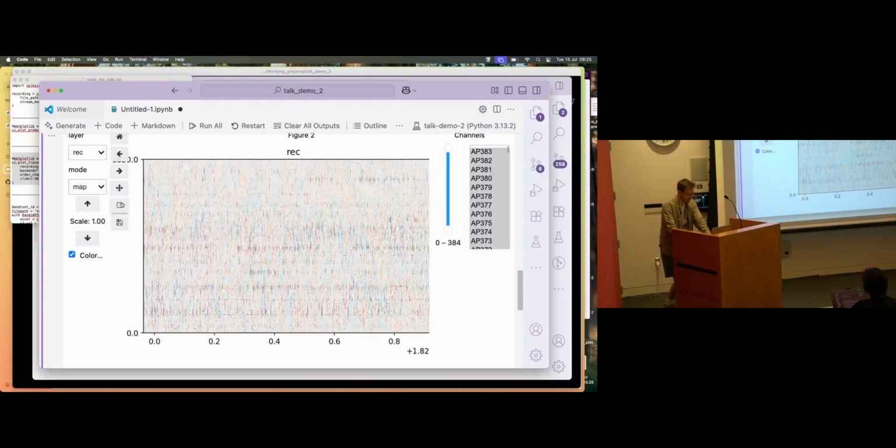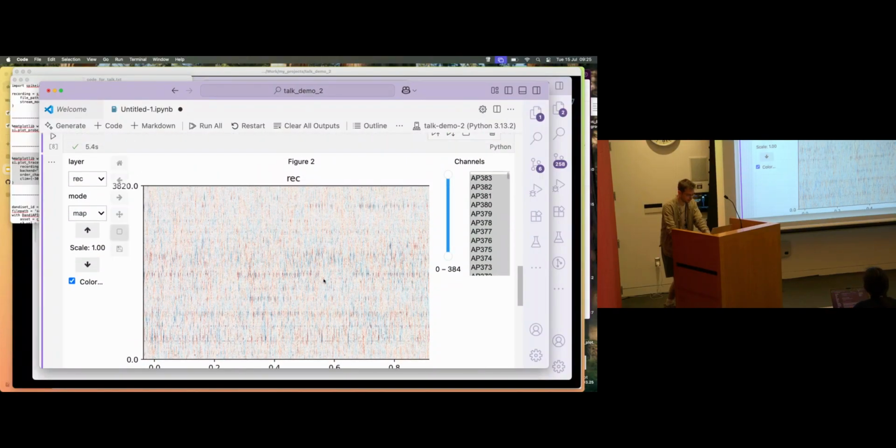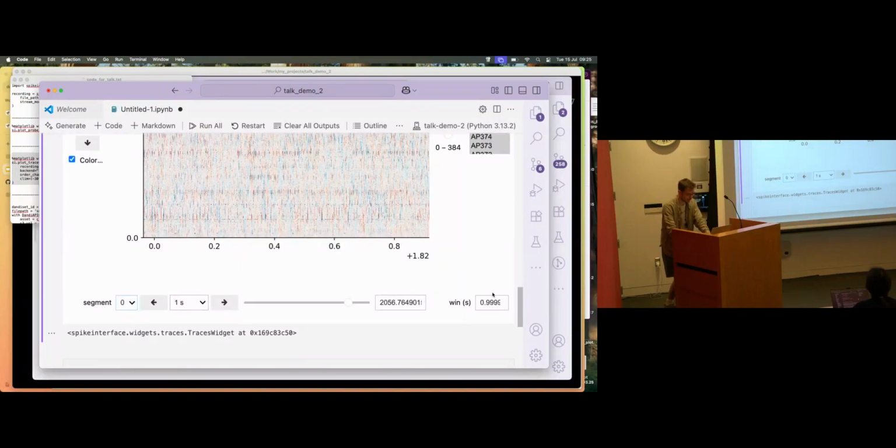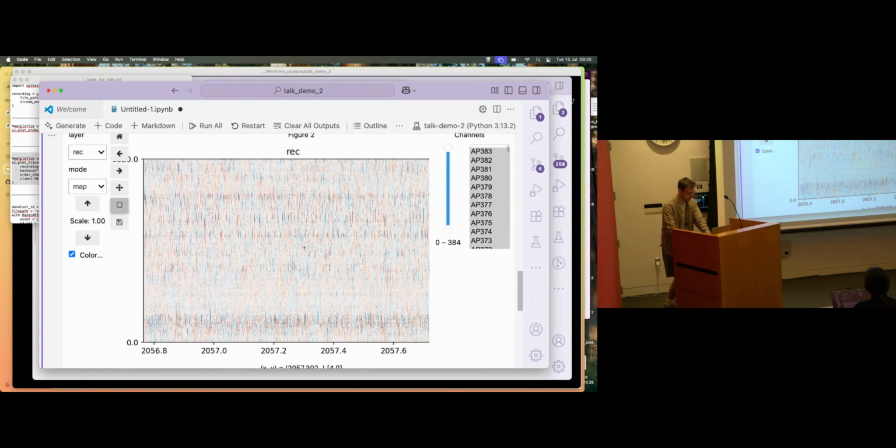And these maps, you're loading 1 second at a time? Yes, this is 1 second at a time. There's a window that you can adjust here to see more. Then if you zoom in on these things,